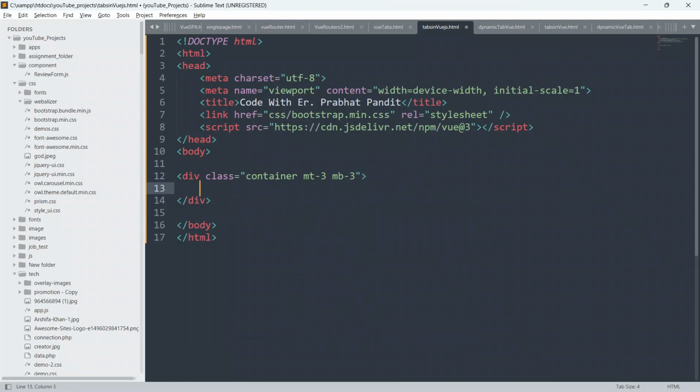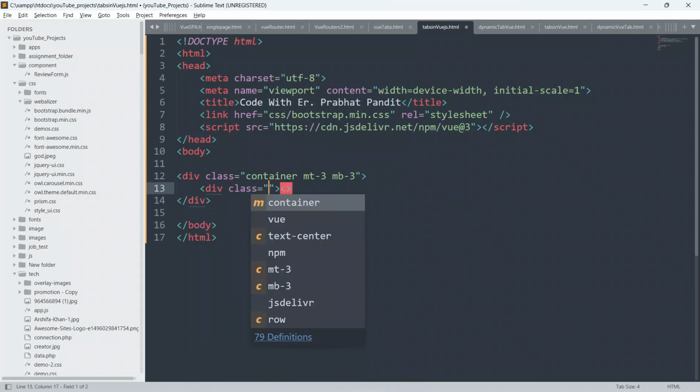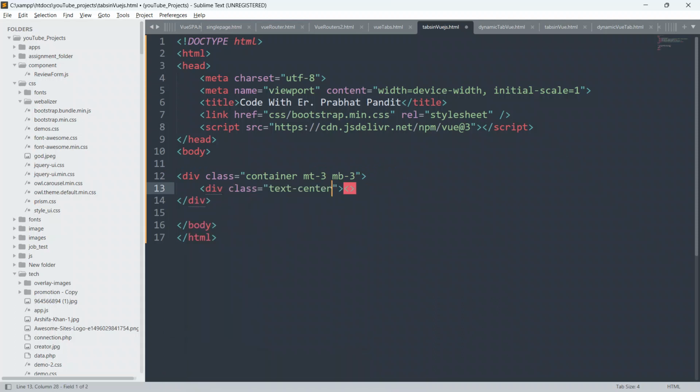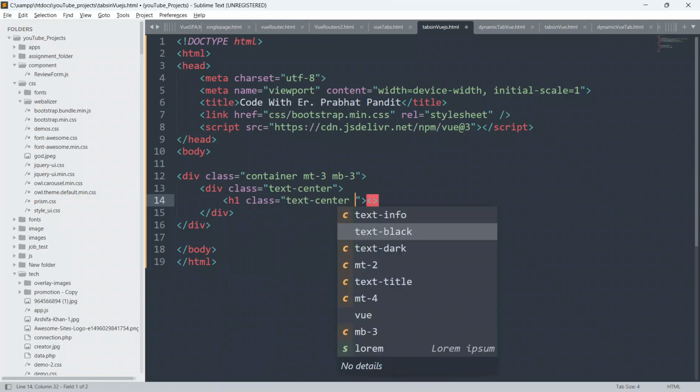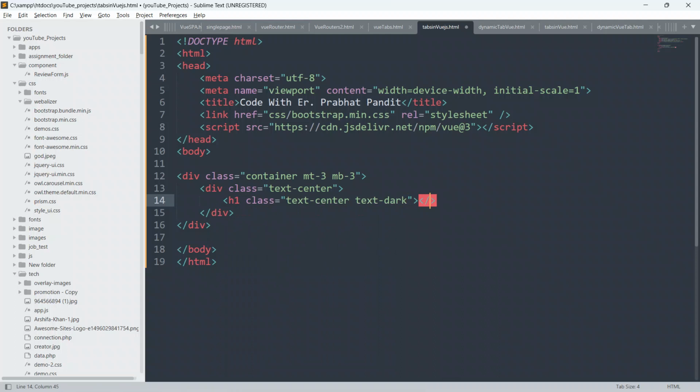Inside this div I am going to create another div, give the class text-center, and close this div. Inside this div I am going to create an h1 element. So create h1, give class text-center and text-dark, and close this h1 first, and inside this I'm going to put some text.